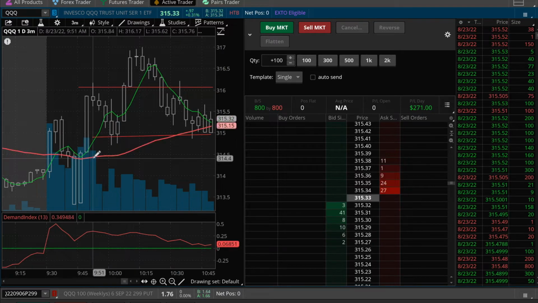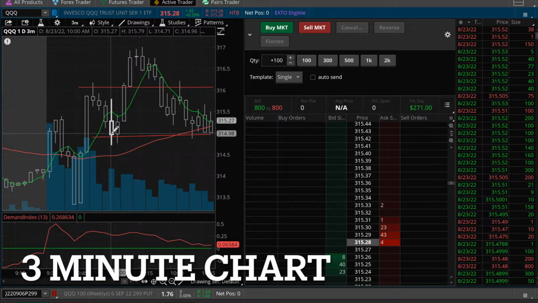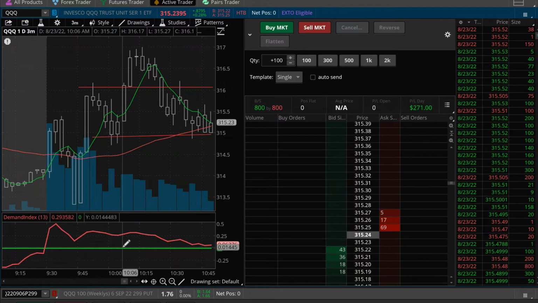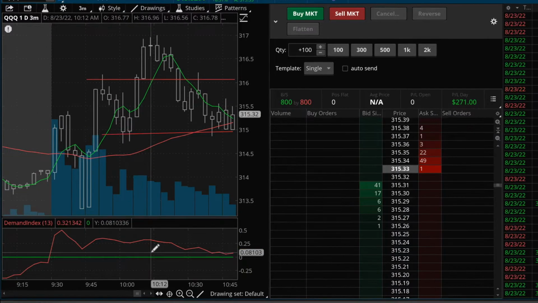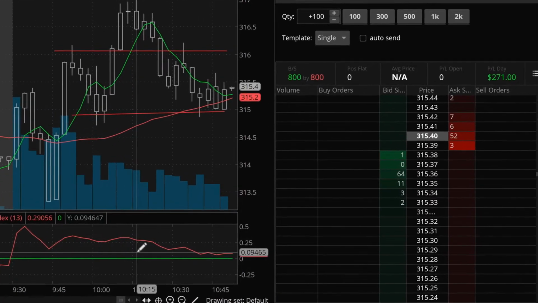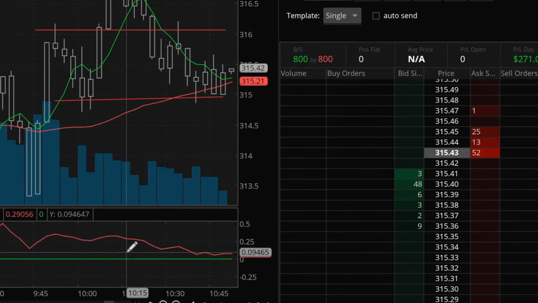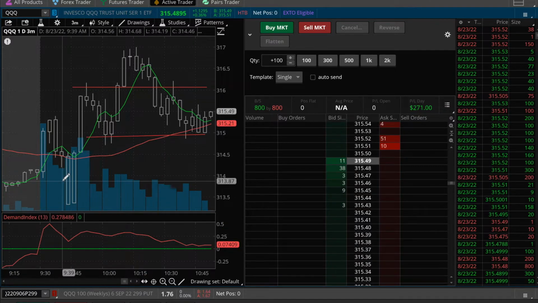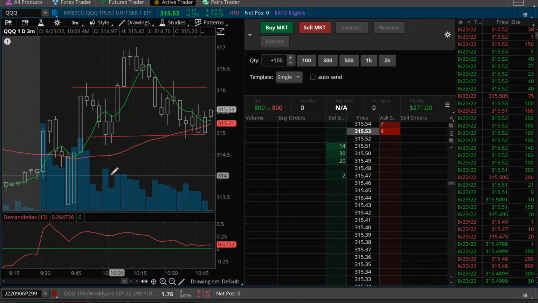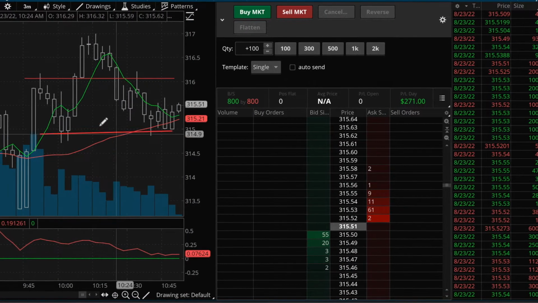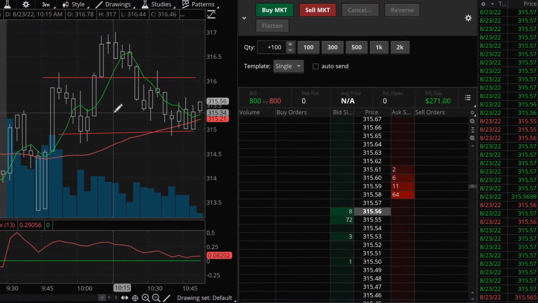So I'm watching these moving averages, which are the 34 and 5 moving averages, and I'm seeing them about ready to cross. It looks like they will. I'm also using demand index. It's kind of like a money flow, supply and demand. I like these types of signals that I can use along with a good moving average to give me a sense of when it's a good time to get in or just stay out, because sometimes you can get faked out. And it looks like I might have gotten faked out here if I would have bought just based on the direction and the trend of the upper line, the 5.